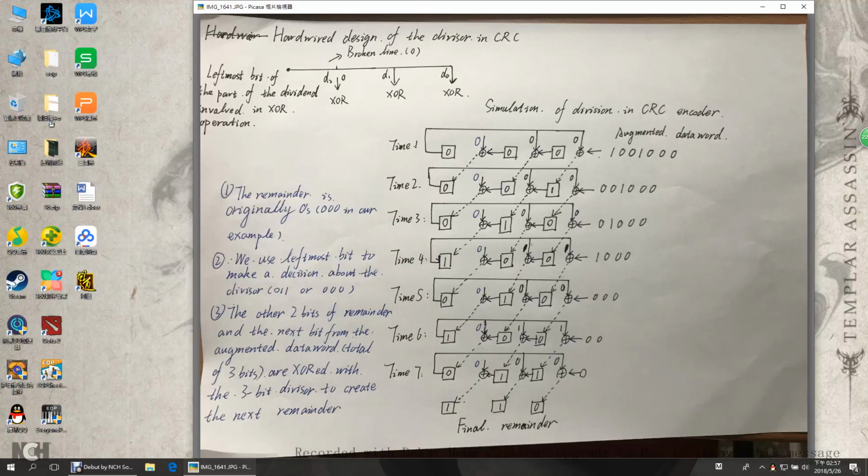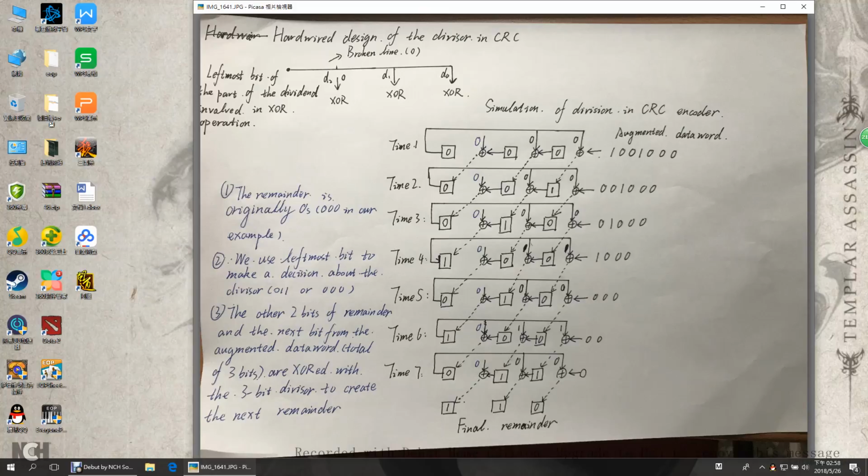So at this point, the leftmost bits are involved in XOR, and at this point there is a broken line which is 0. In the augmented data word, in this case, we need 7 binary digits, and the remainder is originally 00 in our example. So we can look at this figure, and we use the leftmost bit to make a decision about the divisor,